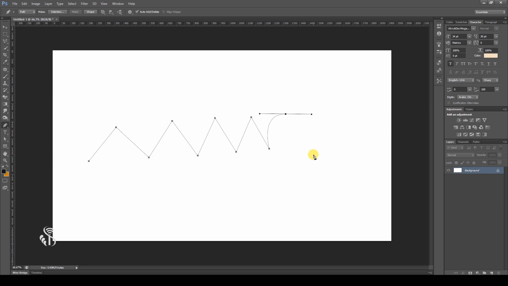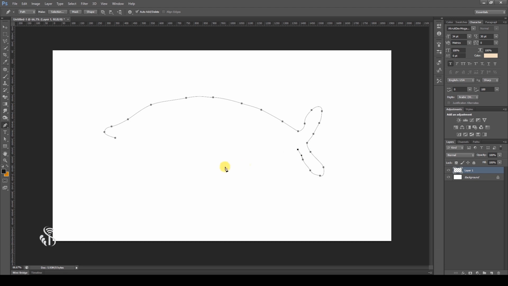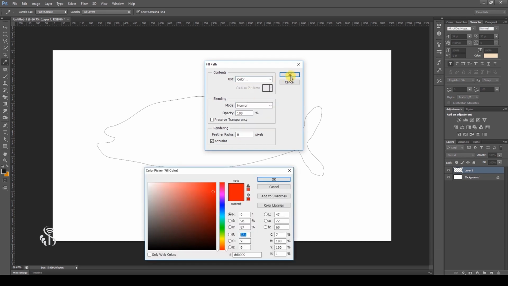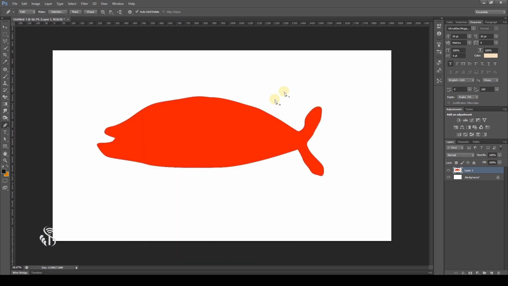If these nodes are to be stopped in between, then press the Alt key. Close the shape by bringing the nodes back to the starting point. You can right-click on it to fill color in this shape. Other layer effects can also be applied.